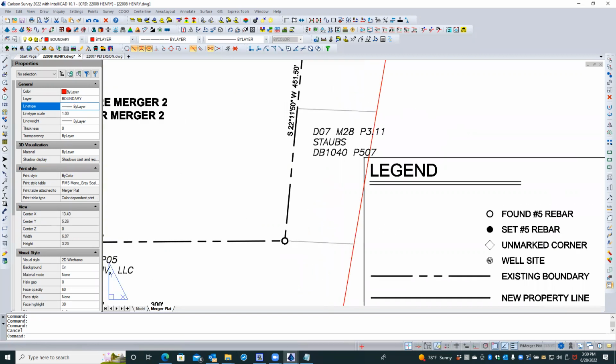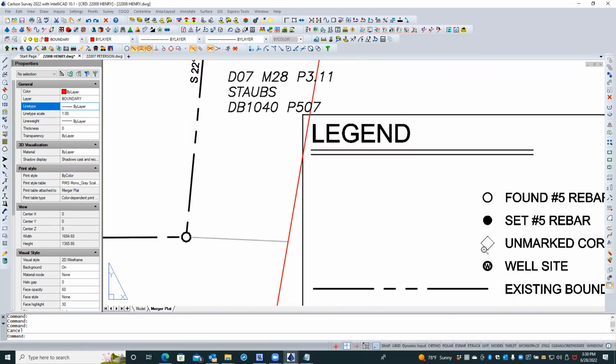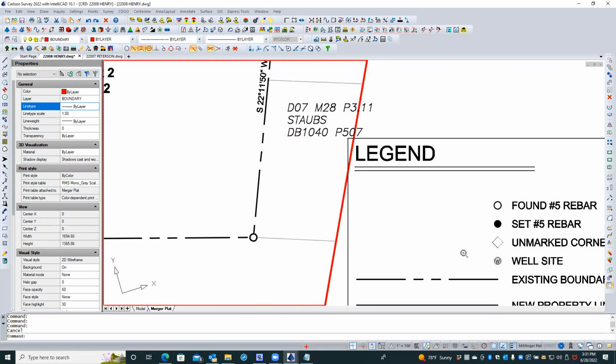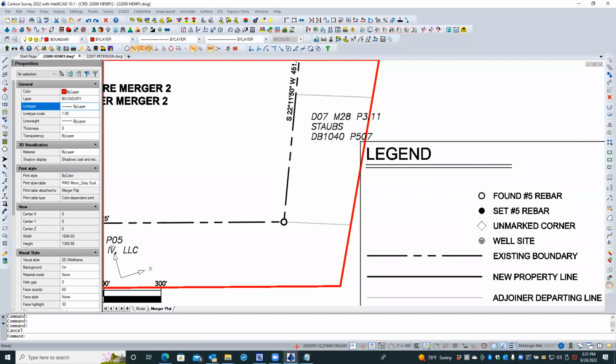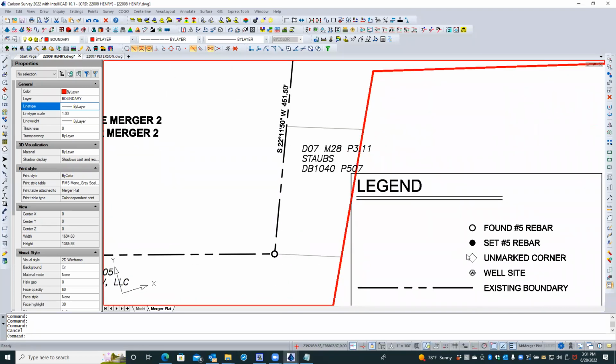So I need to get that, well, it's got a different symbol. That's the unmarked corner, yeah. You zoom out and it disappears. Yeah, that's something to do with being on Zoom, and I don't know how to fix it. Okay, so I just need to change my unmarked corner symbol to that. What is that? Well, it's a diamond, but